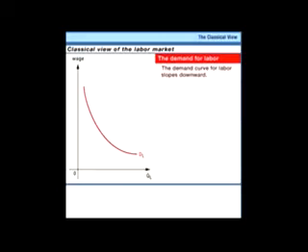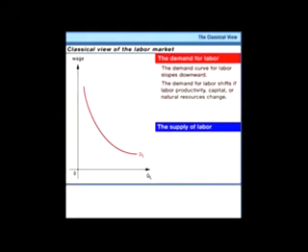The demand curve for labor will shift when labor productivity changes, or whenever capital or the endowment of other resources changes, which makes firms willing to hire more labor at any given wage rate. So we've got this downward sloping demand curve for labor. The supply curve for labor, for the sake of simplicity, is going to be drawn vertically. Now, it isn't always going to be the case that the supply curve for labor is vertical, but